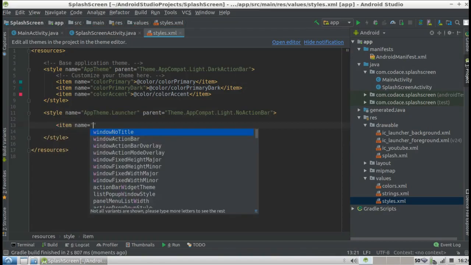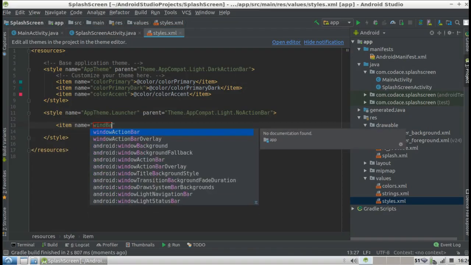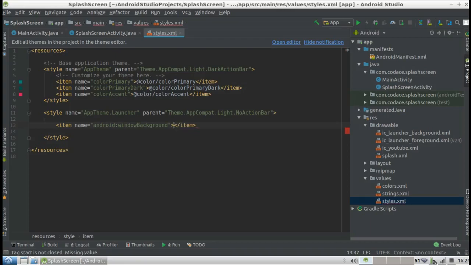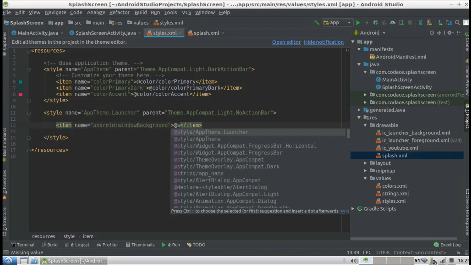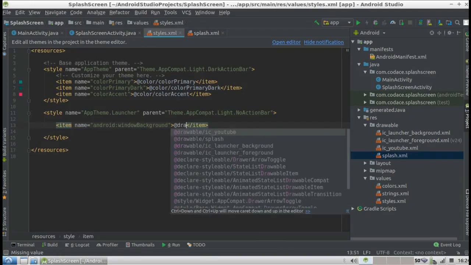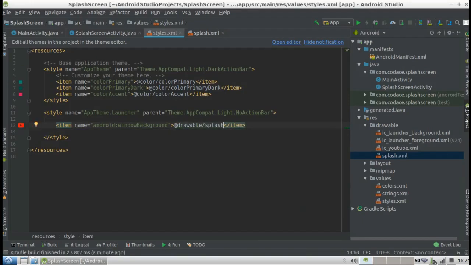Let's add an item of window background of the splash here. Okay, it's our window background, and then